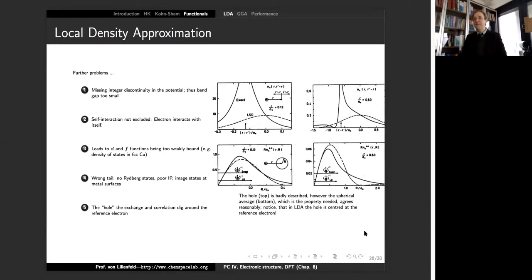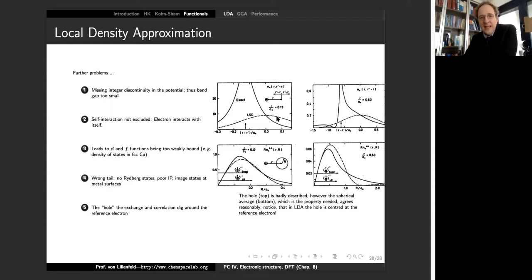All right. Now, there are many shortcomings of the LDA functionals, and they have been discussed quite a lot in the literature. Here's still some sort of overview. One of the problems is something known as the exchange correlation hole. This is a projection, an average over the entire atom here. It's a property of this exchange correlation potential, and it should look like this full black line. That's the exact solution for